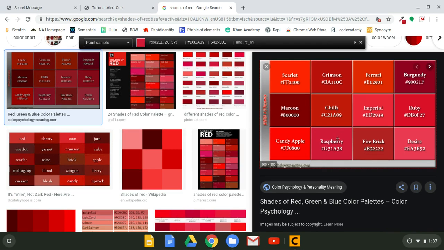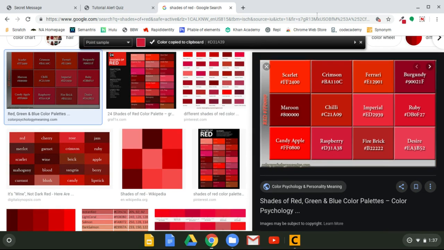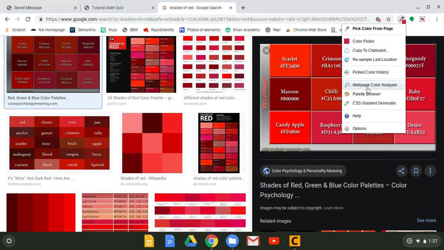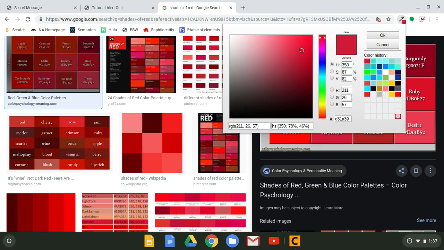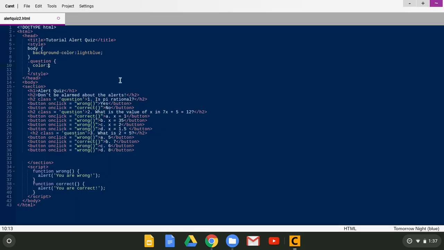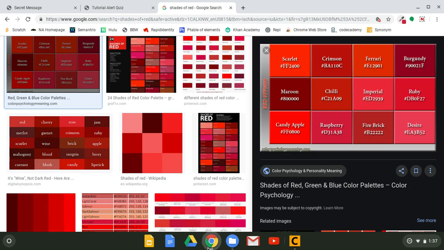Yeah, I'll do a raspberry. I'll do a ruby red. No, I'll do a raspberry red. Sorry, I'm a little picky. So raspberry red. I get the hex code. It's 231839. So I'm just gonna do my hashtag because that's how you do a hex code, and you type in the number. Now if I save it,